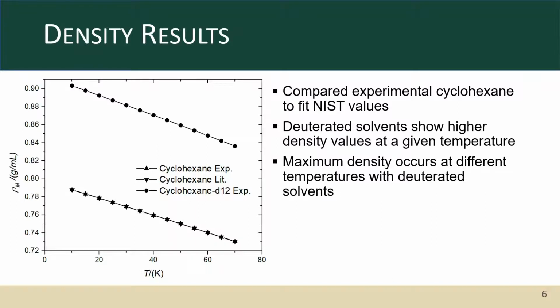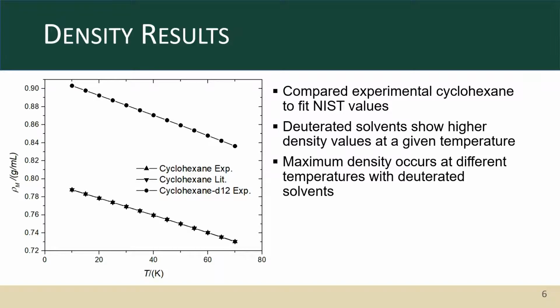So on the bottom, we're seeing undeuterated cyclohexane, with the upright triangle being our experimental data and the downward triangle being literature values that were fit from accepted NIST data. What we're seeing there is an excellent correlation between the two. The values are almost stacked on top of each other, which means that our calibration and our experimental procedure were both